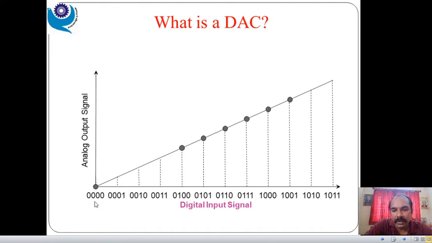See over here. For each and every digital pattern, here is a 4-bit pattern. For 4 times 0 there is one voltage. For 0 0 0 1 there is another voltage. For 0 0 1 0 there is again another voltage. Likewise, for different digital patterns we get different voltage levels, which is again a unique format. And for the last we can see over here. So whatever voltages we get, when we join them all, we get a continuous signal that is called an analog signal, from these digital bits, digital data.